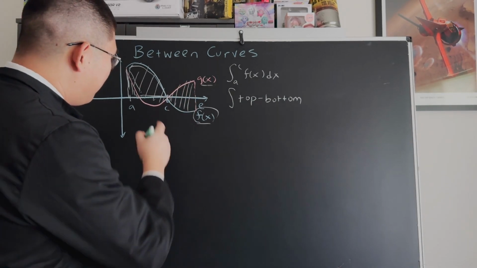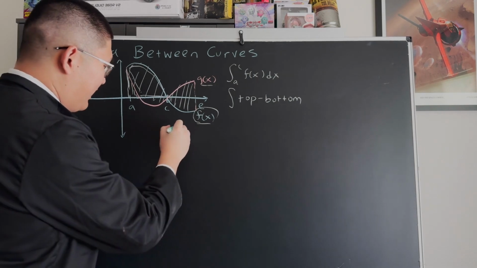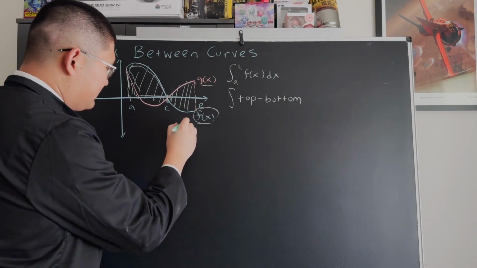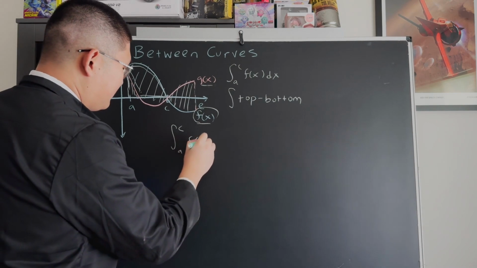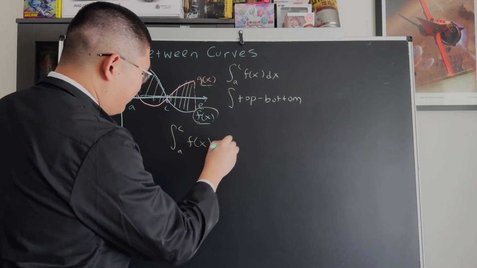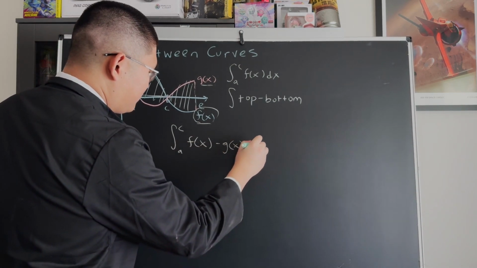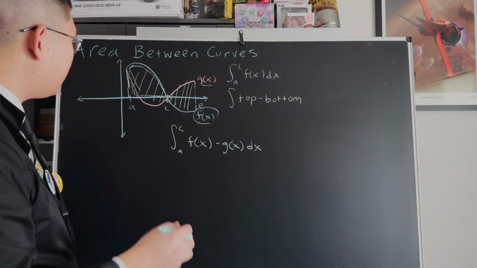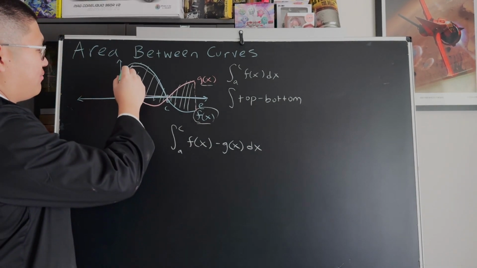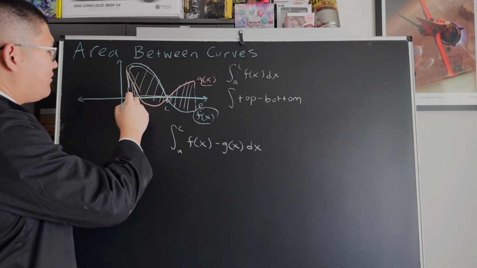If we were to write out just the section going from a to c for this type of integral, then we will take our first function f of x and subtract g of x and take it with respect to x in terms of that integral. Pretty straightforward, because again, we're looking for the parts that g needs to be taken away from here,